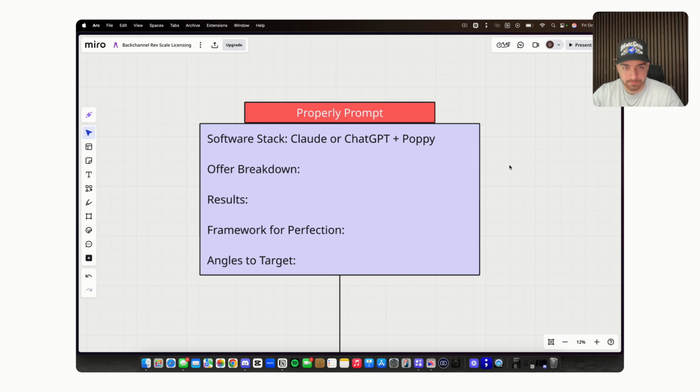So that being said, when you're prompting any sort of AI, whether it's ChatGPT, Claude, Grok, it doesn't matter what it is, Poppy. I use Poppy AI all the time now, and that's exactly what I'm going to show you guys today. But for example, the software stack is just that. You can use almost any AI for that. If you're doing like copy and any sort of writing, I know Grok's pretty good, but I use Claude. Claude is a lot of the time where I do any sort of copywriting.